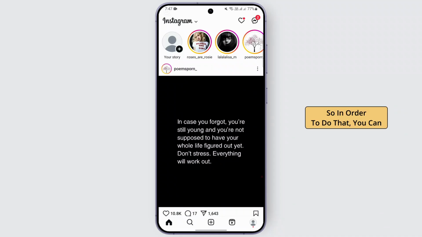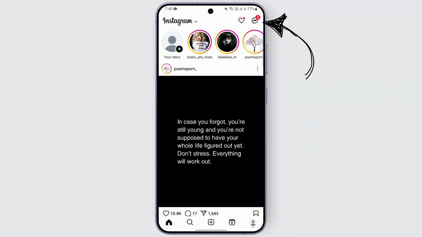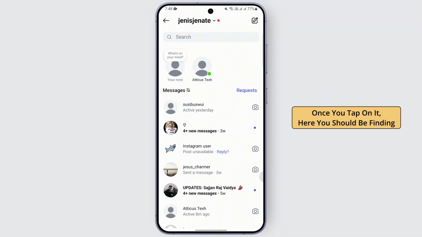In order to do that, you can go ahead and open up Instagram. Once you open it up, at the top right corner of your screen, you should be finding chats. You can tap on it to open up your chats. Once you tap on it, here you should be finding the people you have talked with or everything under this